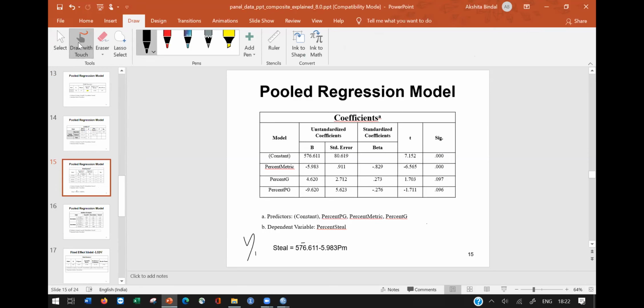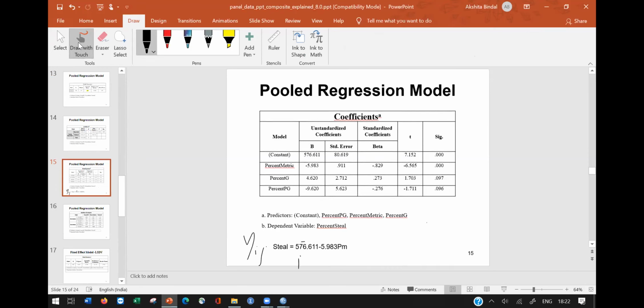This is my Yij. This is my beta naught. This is my beta i Xij. So I'll take this value minus 5.938 because this is also significant. And this is the equation that I have got. Now coming on to t, if I need to check the significance level from the t, then I'll always have to refer back to my t tables.